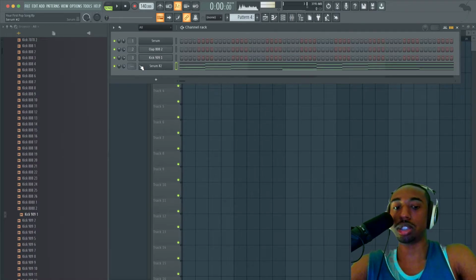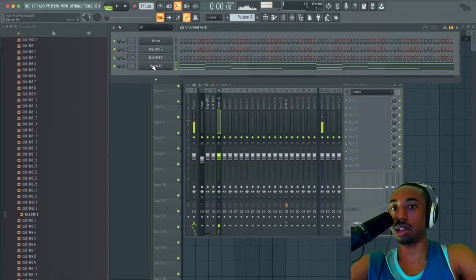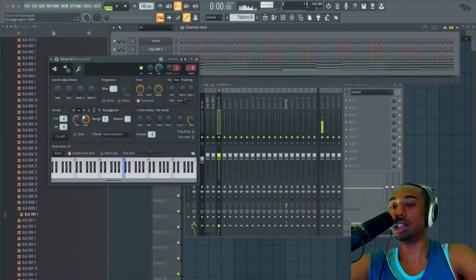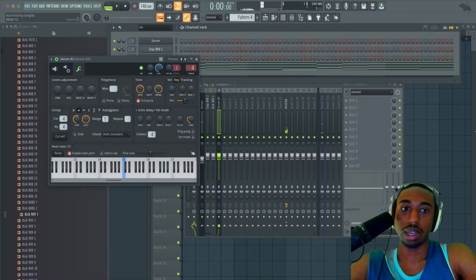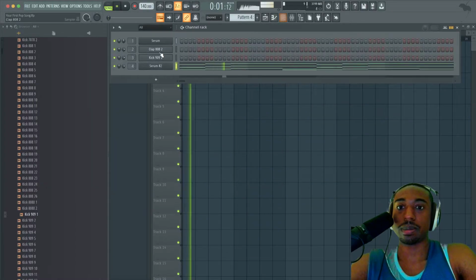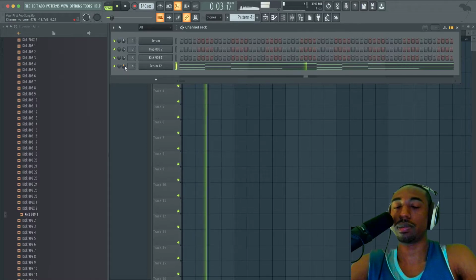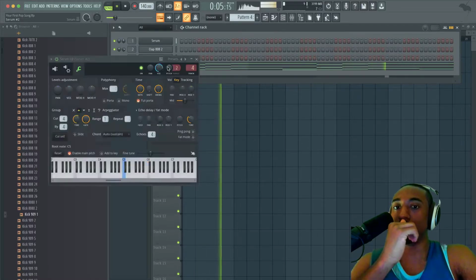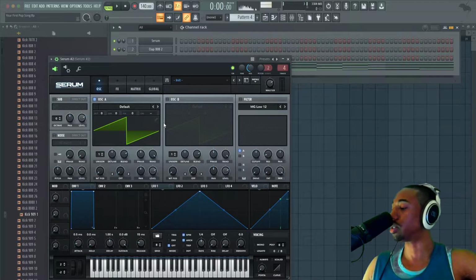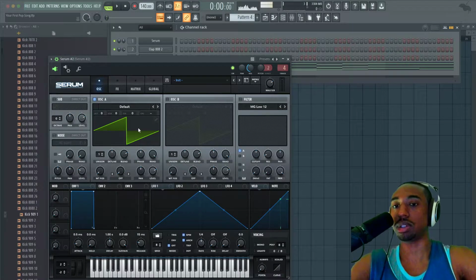And now what we're going to do is set this as an arpeggio sound. So we're going to go to Serum, go to the cog icon, go to your wrench tool, and let's go to the built-in arpeggio. Now let's add this to the playlist. This is going to be a build-up element. Now luckily for arpeggio sounds, you don't need to do much to the sound. It could just be a simple sawtooth.